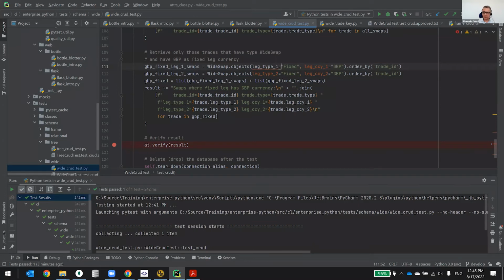It just underlines red. So in MongoEngine, this parameter that you set to this value is interpreted as a query where this attribute is equal to this value. Even so, it's a parameter, right? But the syntax is that. Essentially you're specifying the parameter leg type 1 of the function, which later uses the value of this parameter